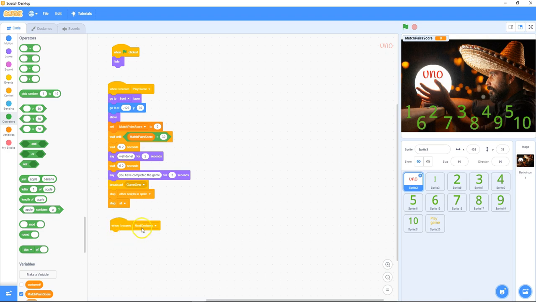So under when I receive next costume, we're wanting the choosing of the costume to be random. We don't want them in order. So under operators, we need pick random, but this doesn't join with that, so we need something else before we organize this. We do want random 1 to 10, and we need